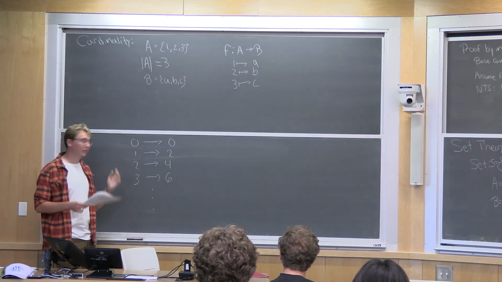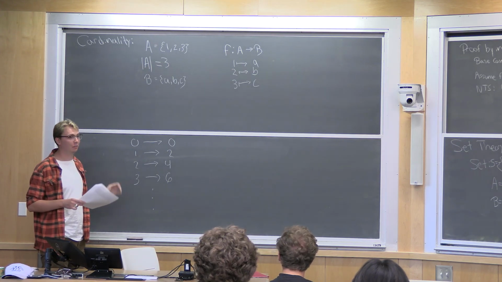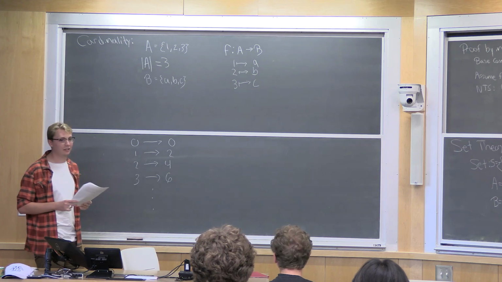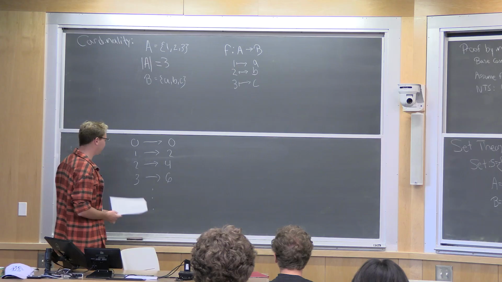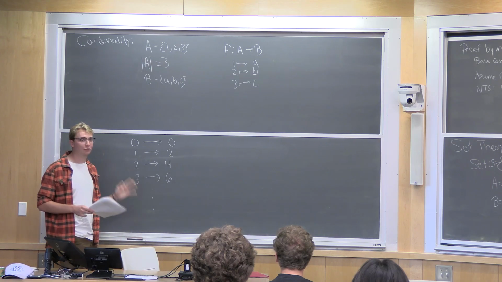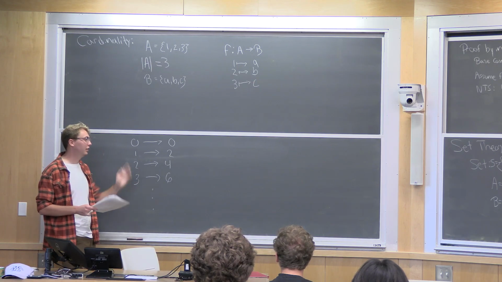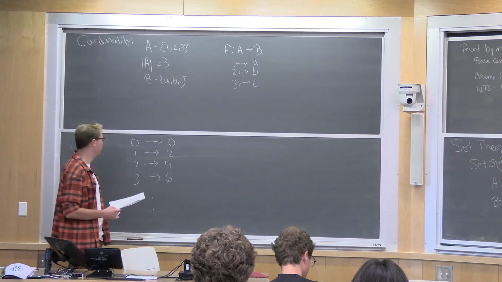And so the cardinality of the natural numbers is the same as the cardinality of the even numbers, which is interesting because the even numbers are a proper subset of the naturals. If you remember from our definition of a proper subset,